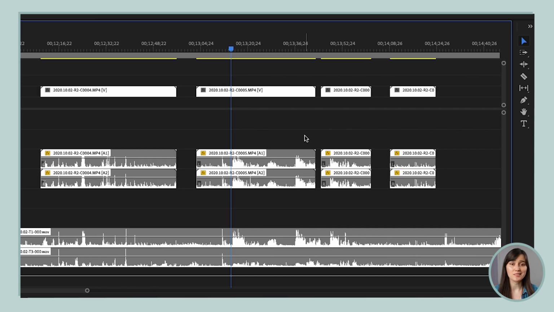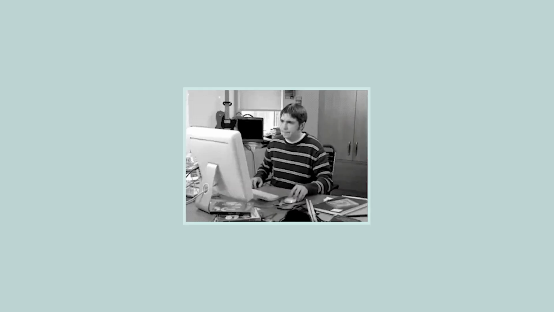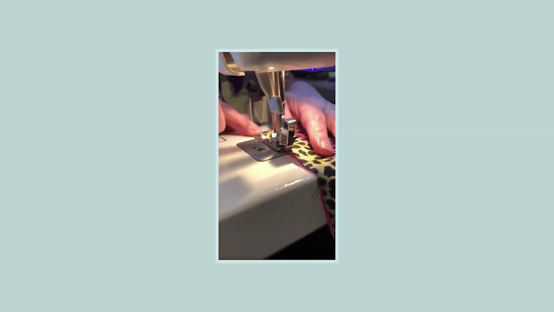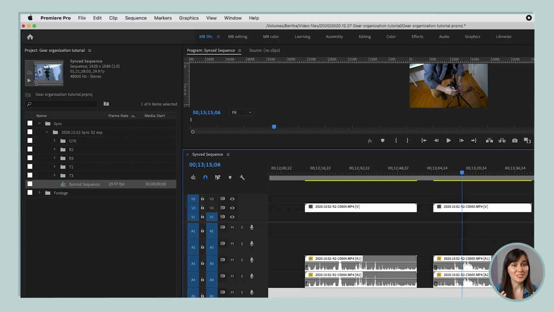The only thing is that this sequence has all the audio I recorded, so it's got the good, the bad, the ugly, but for now I'm just gonna leave it in this sequence because in case there is some issue with the sync job that PluralEyes did and I need to go back in here and make some manual adjustments, then I can do that. I have all my waveforms, I haven't deleted anything,